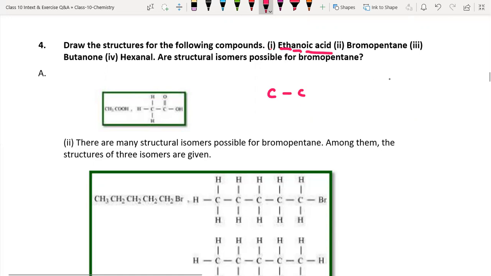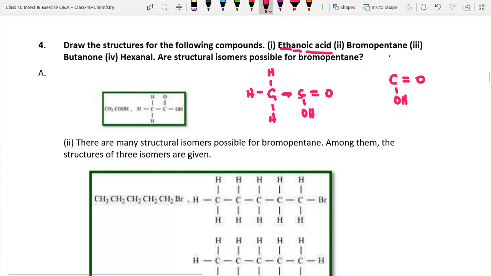What is the functional group of carboxylic acid? C, double bond O, single bond OH. Right. Now this is a C, second C. You can draw double bond O, single bond OH. Now if you observe this carbon, satisfied 4 valencies. While coming to this carbon, only 1, 2, 3, 4. You can represent hydrogens here, such that it will become meth and this is meth, eth and oic acid.